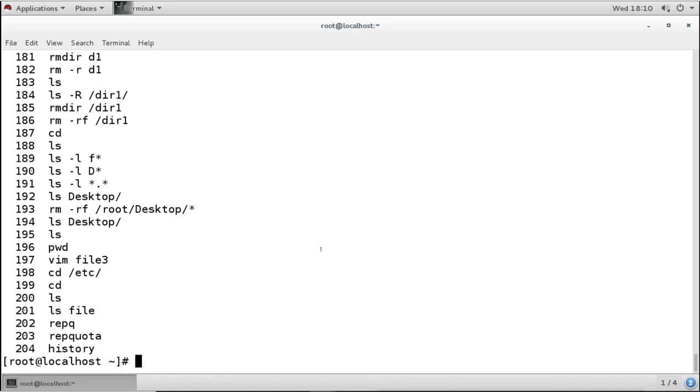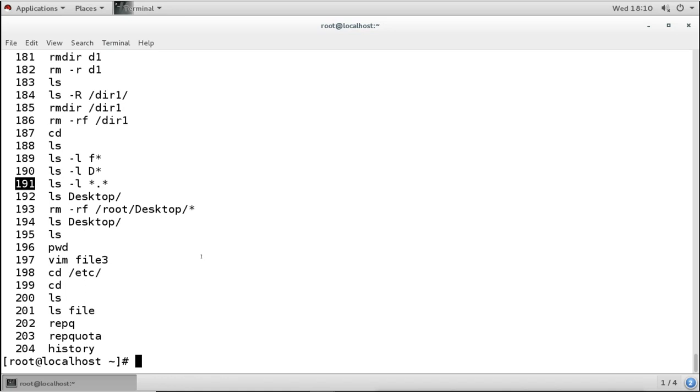Now this history is from the last time we logged in. Last time when we logged in and ran the commands, they were stored into the history, and we can see the history by using the history command itself. Now remember, it is not in the buffer, because we have restarted the system, but still the history is there. If you want to reuse any command from this history, you can do so by using this number.